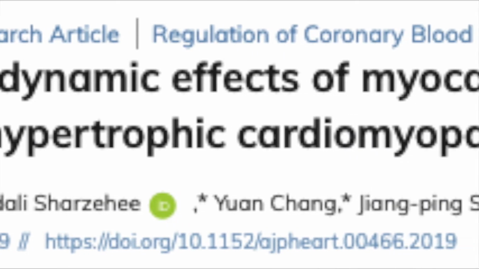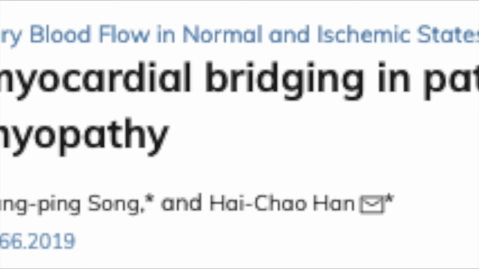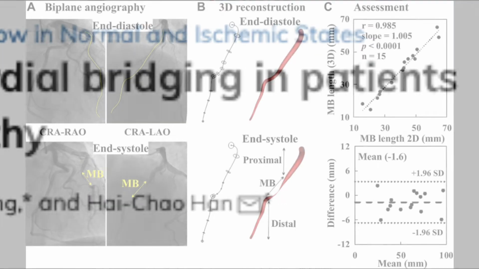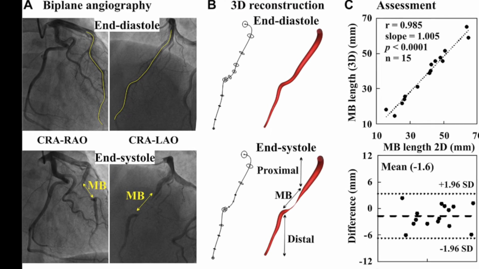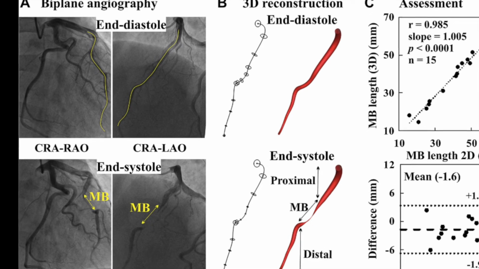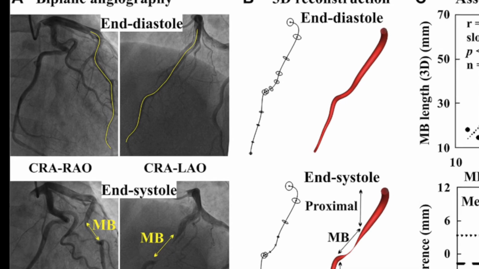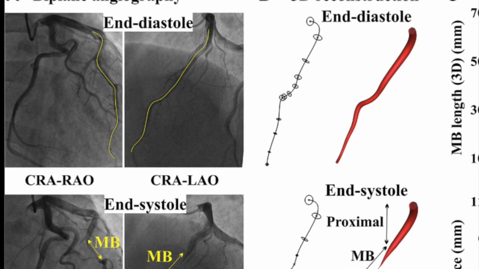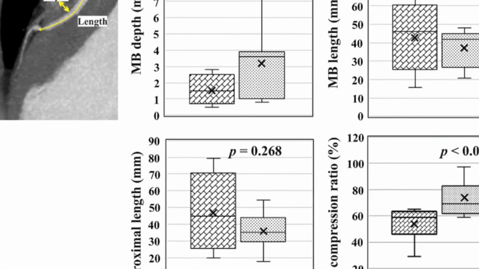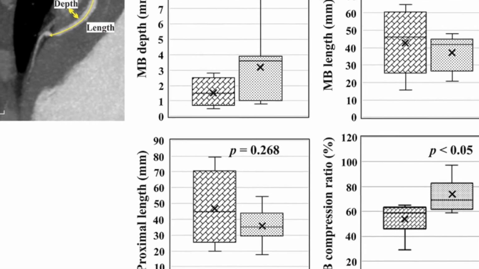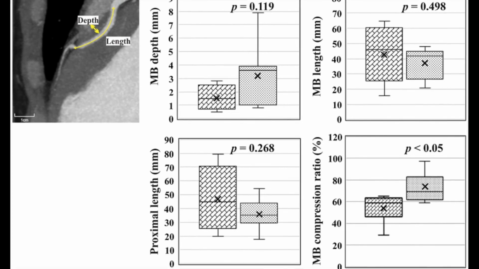Shahzadi et al. examined how myocardial bridging affects coronary blood flow in hypertrophic cardiomyopathy patients. Myocardial bridging is a congenital coronary artery anomaly in which a band of myocardium overlies a segment of the normal epicardial coronary artery. 15 patients with myocardial bridging in their left anterior descending coronary artery were chosen. Transient computational fluid dynamics simulations were conducted in anatomically realistic models of diseased LAD with myocardial bridging and healthy LAD without myocardial bridging, from these patients, reconstructed from biplane angiograms.